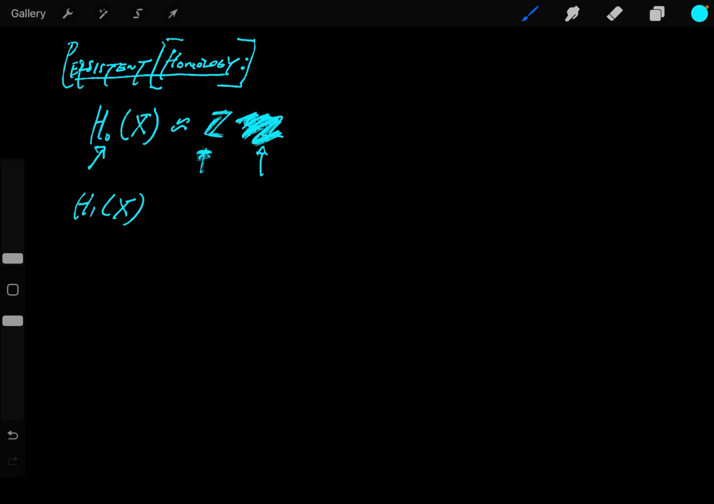So H1 is a measure of how many loops there are, the one-dimensional circle, or the two-dimensional hole, right? So it's going to be Z if there's one loop, and then Z cross Z if there's two, and then this if there's three, and so forth. So an example illustrating this might be something like